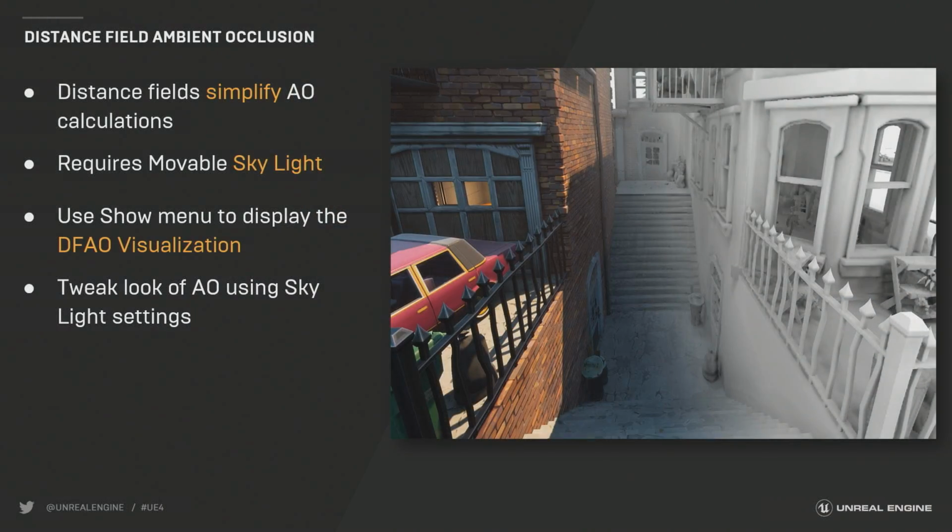Now, the next feature I want to talk about involving distance fields is distance field ambient occlusion. And to show that off, let me fly over here to this little firehouse. Now, ambient occlusion, if you're unfamiliar with it, is how shadows tend to coalesce in corners and when objects get really close to each other. Actually, we have a white booth this year. You can kind of see it everywhere, like up inside the corners of the booth. Anywhere where two objects get close, they start to ambiently shadow one another, and that's the heart of ambient occlusion.